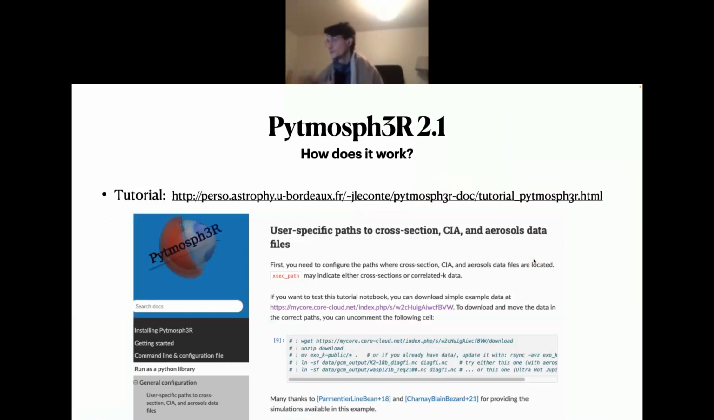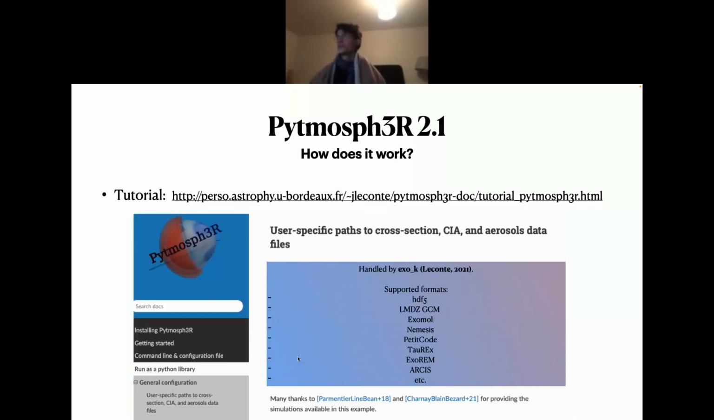I will not demonstrate today how Pytmosph3R works, but there is a tutorial online at this link. I can put it in the Slack afterwards. There is also a video I will show later. I just wanted to say that in this tutorial, we will start by downloading some data that is here the block commented. But actually, if you have